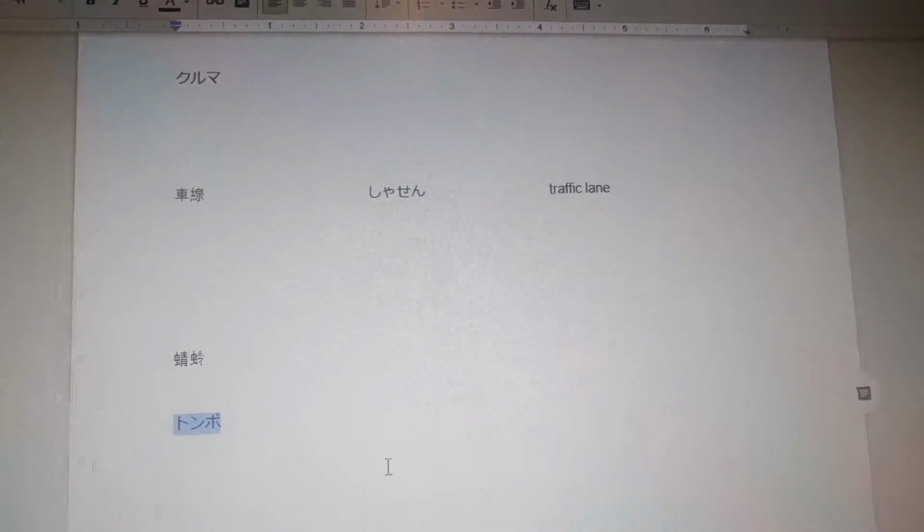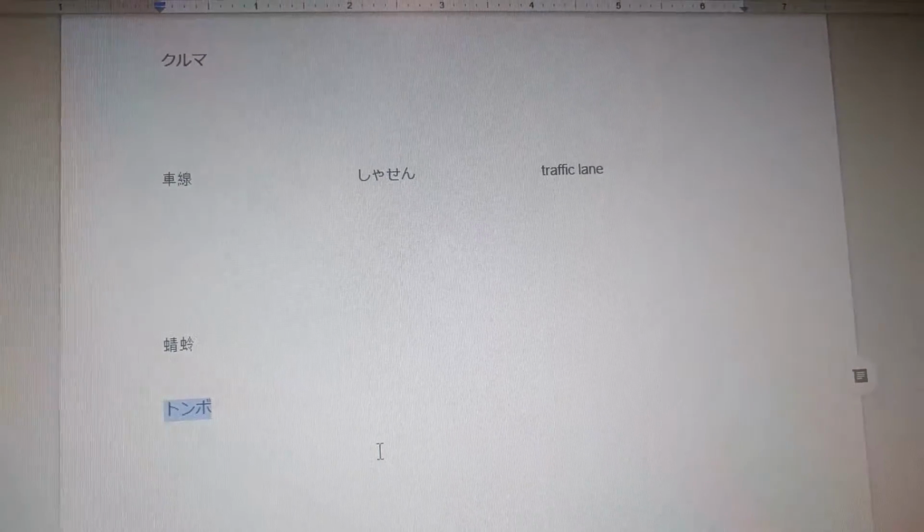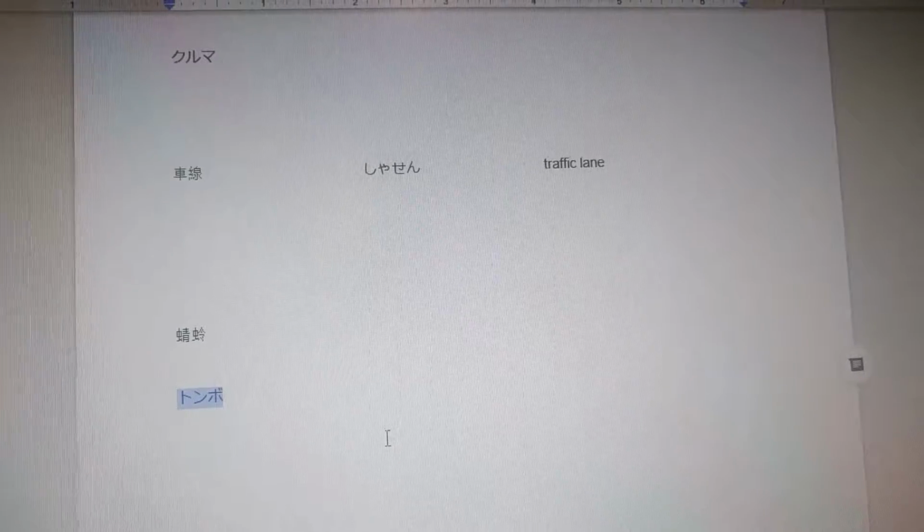And also in Japan, even in Tokyo, you will not get very far with English. You can talk to some people on a very basic level, but if you walk through the streets and you want to go find a restaurant